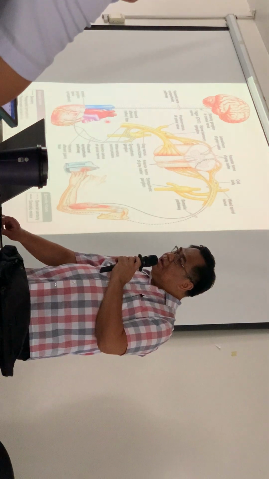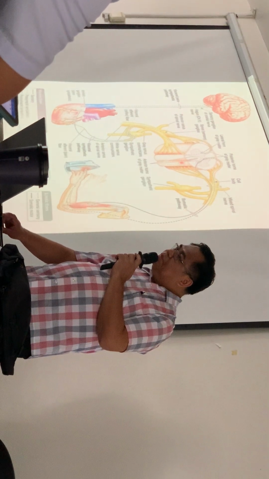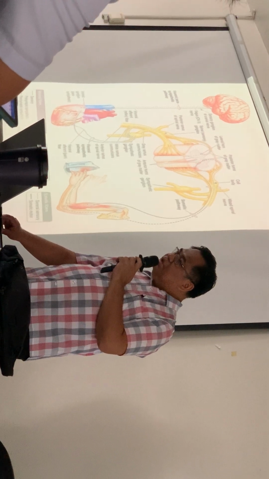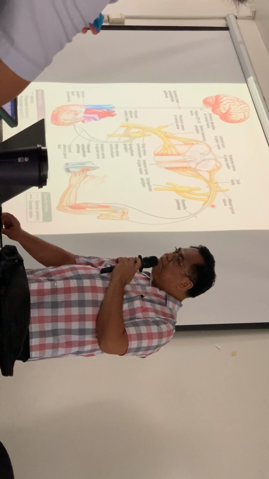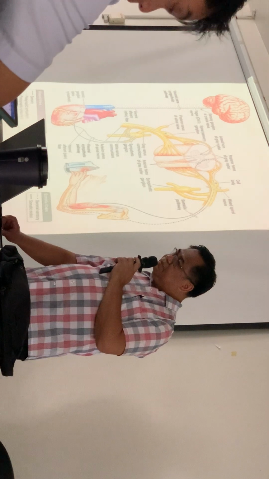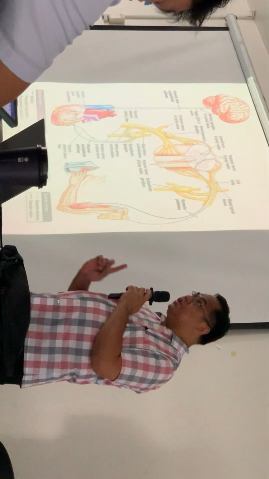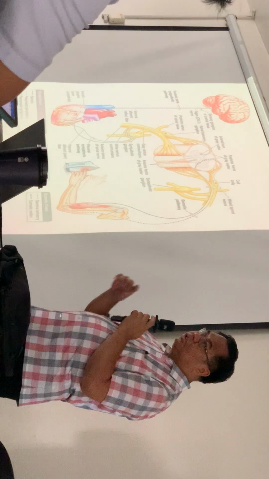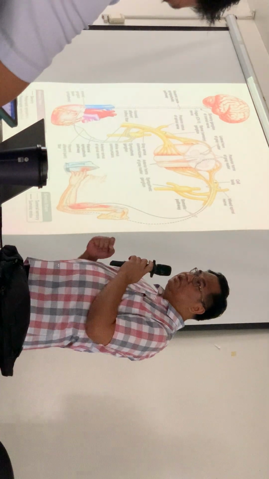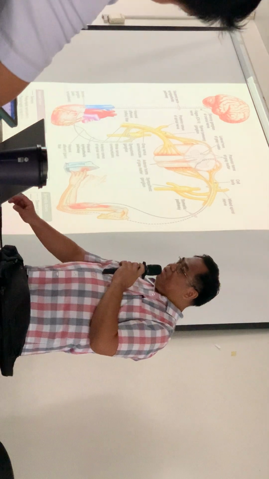So again, the skeletal motor system is illustrated here just to contrast. So it's just a single neuron here with the cell body here, and it sends its signal out to the spinal nerve to the muscle, to contract the muscle. Okay? So it's just a single neuron, while the autonomic nervous system, which innervates our visceral organs, is a two-neuron pathway.